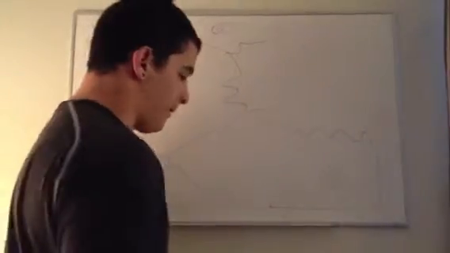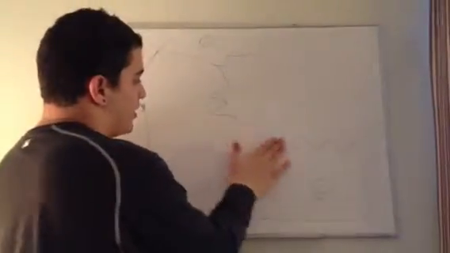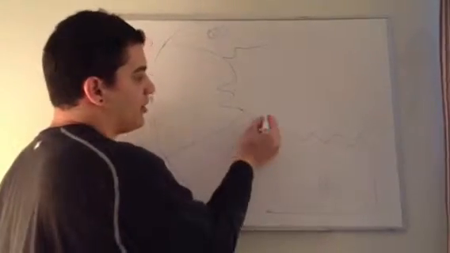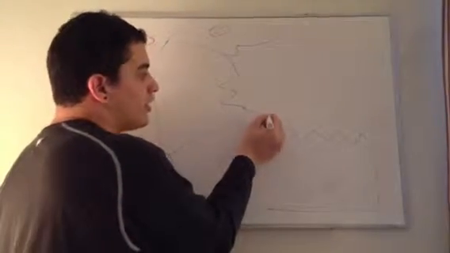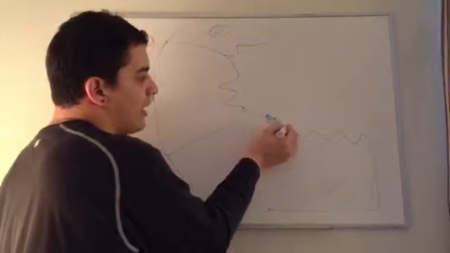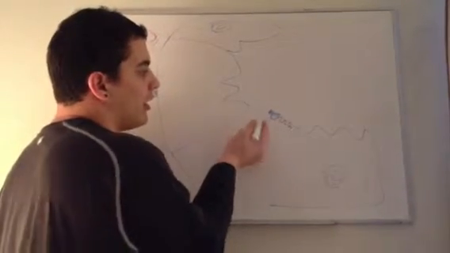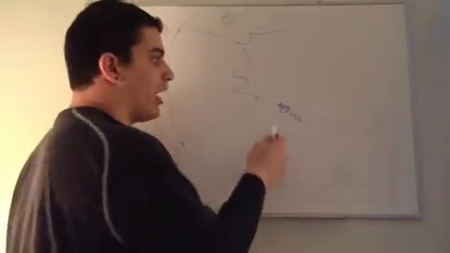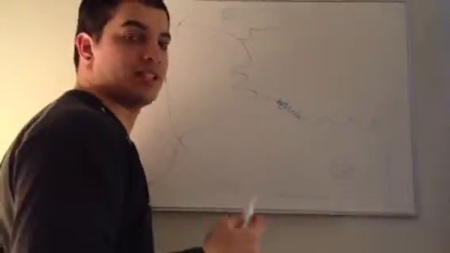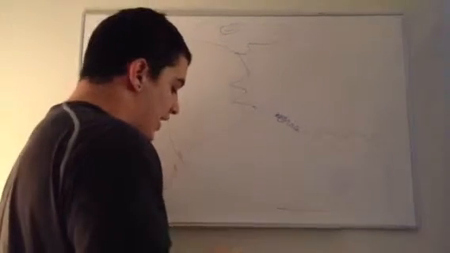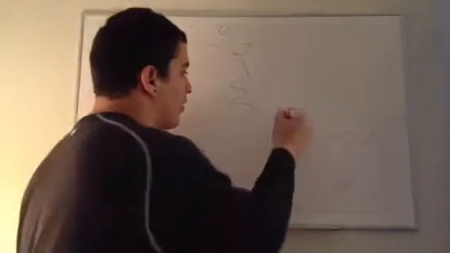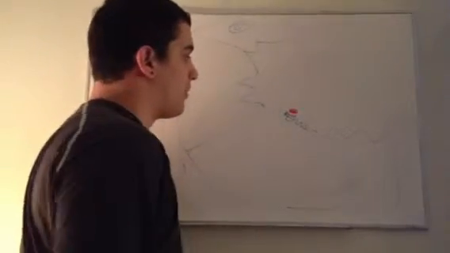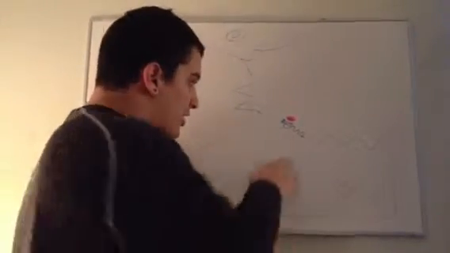Let's use this cell, for example, and just because of room, we're going to say that the hormone's affecting here, but I'm just using this as an example. You know, there's different kinds of receptors. This receptor for TSH is called a 7-pass receptor because it passes through the membrane 7 times, or you can just call it a serpentine receptor because it looks like a snake. When TSH, which we're going to draw red here, binds onto this 7-pass receptor,